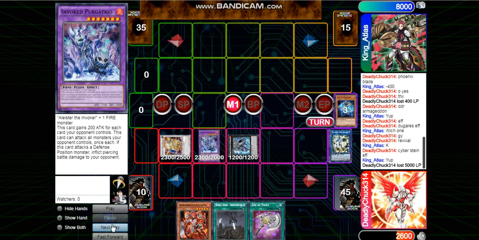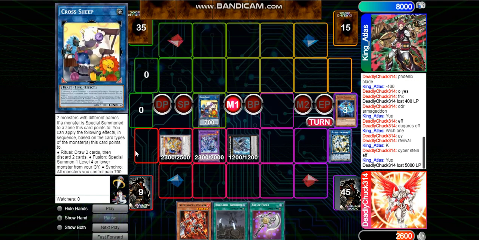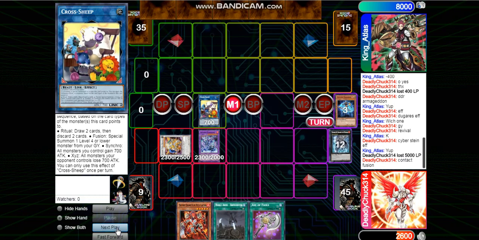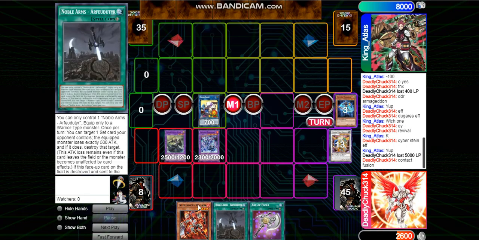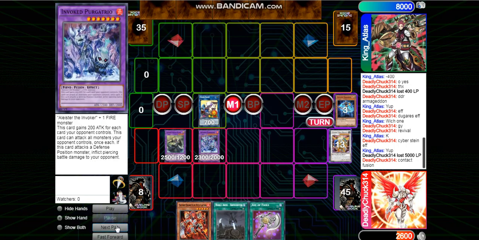So we will link away the Cyberstein and the Halqifibrax for Cross Sheep. And the reason we summon Cross Sheep is because we will contact fuse the Dugaris and the Power Tool into Natis. That's right, we are hard summoning Natis. And I couldn't really use Natis' effect because I don't have any level 4 or lower monsters in my hand, but I can activate Cross Sheep's effect, which will